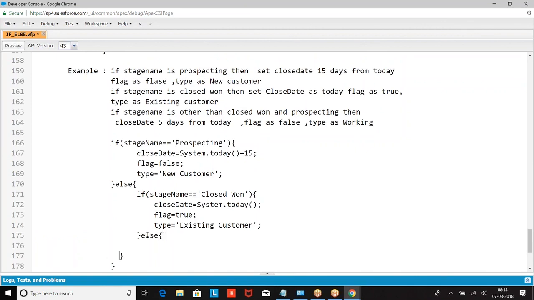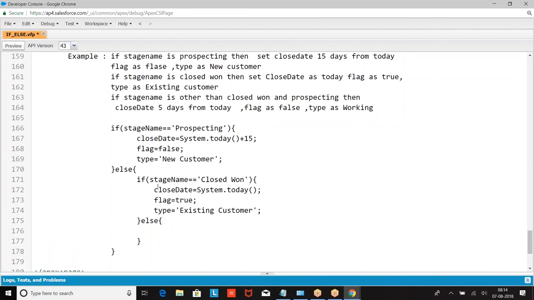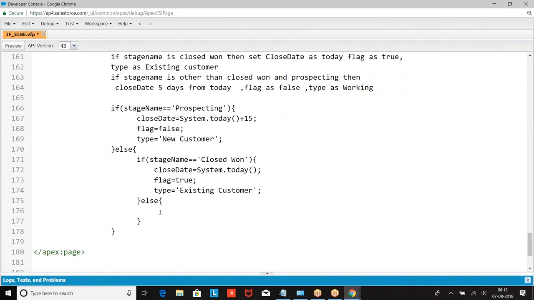Else, what is else? Close date equal to 5 days from today, flag equal to false, type equal to working.